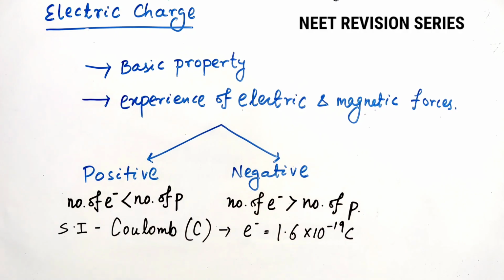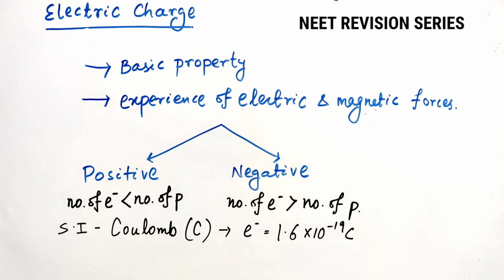Hello everyone. So in this video we are going to start the electrostatic part. We know that electrostatics is divided into two chapters, that is electric charges and field, and electric potential and capacitance. In this video we are basically going to discuss electric charge, Coulomb's law and electric field lines. And in the next part of the video we will discuss torque, flux and Gauss law.